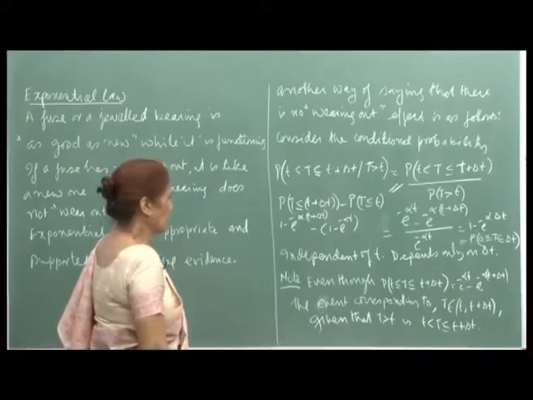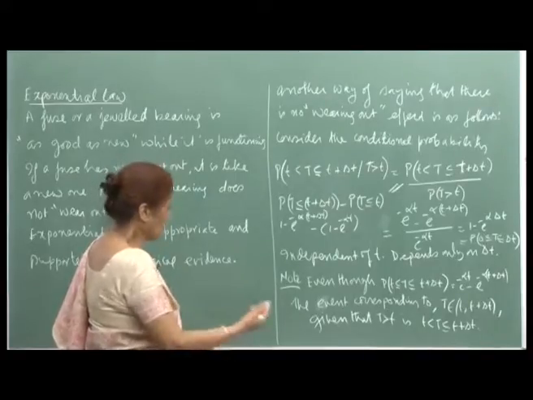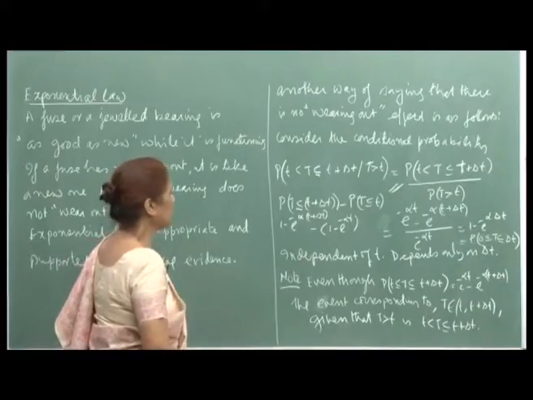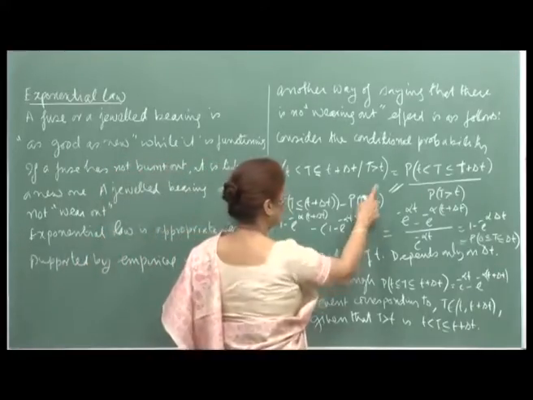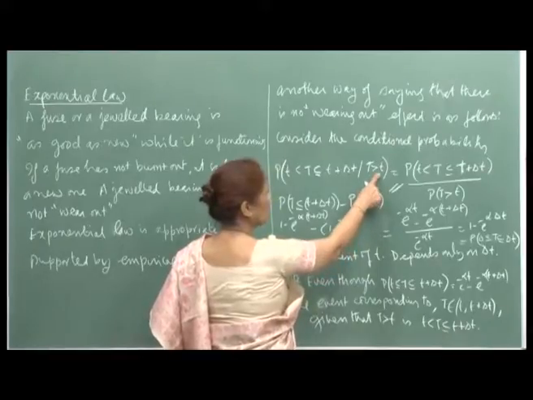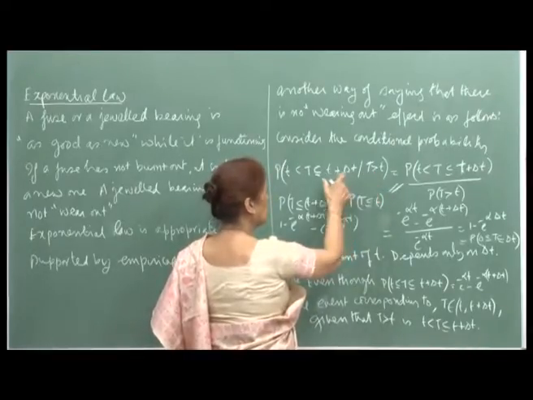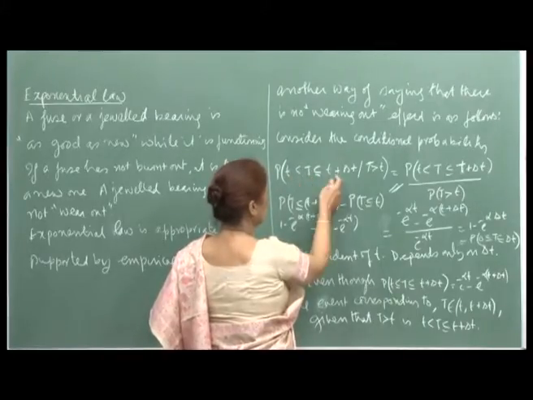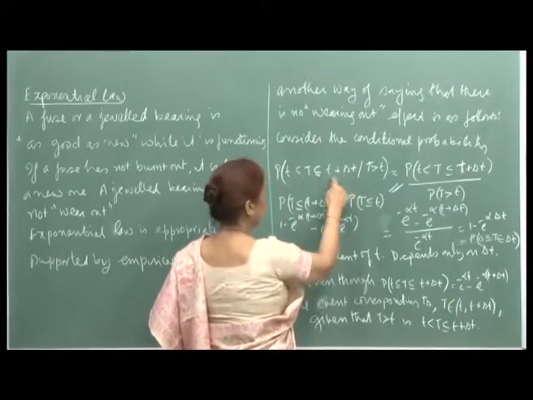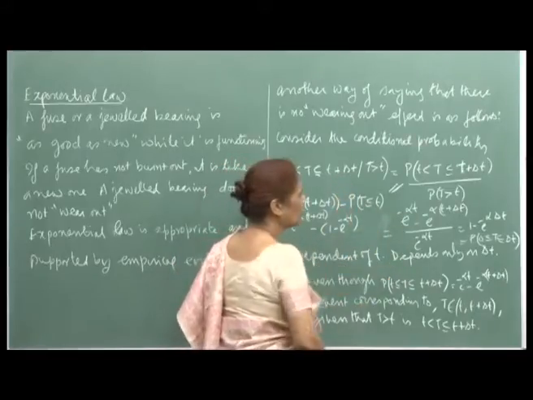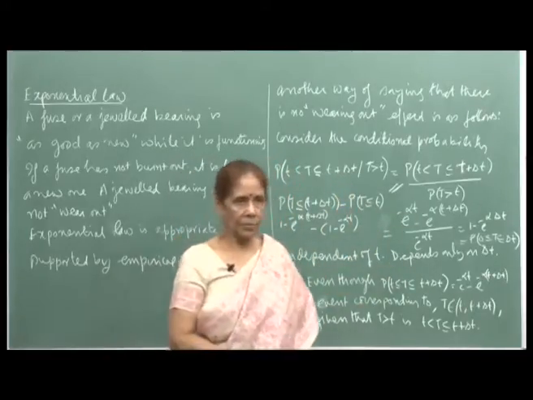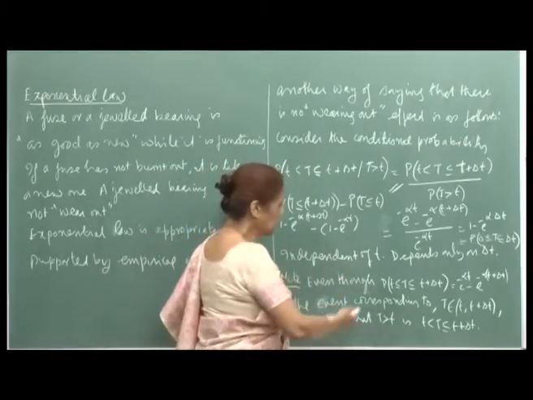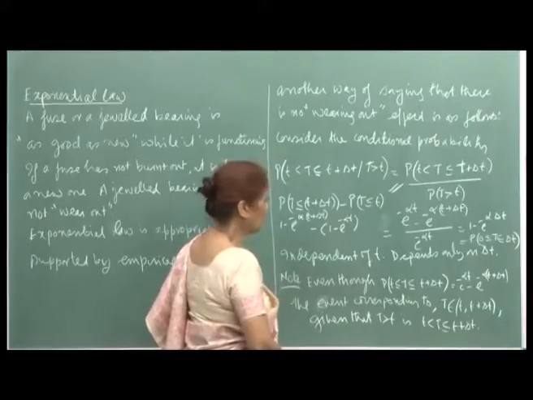Right. So, this is another way of saying that it is memoryless, or the wearing out effect is not there. That means, it does not matter for how long the system has already been working, but when you want to look at the probability that it fails before t plus delta t, then that is dependent only on delta t. So, this is the whole idea, and we have seen that there are many situations where this is a very appropriate law.